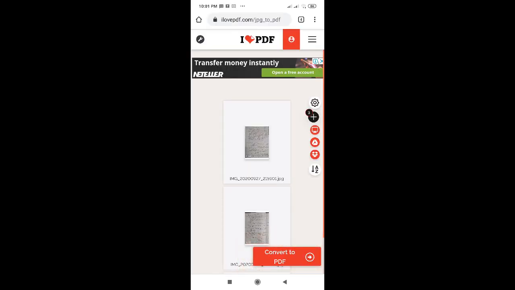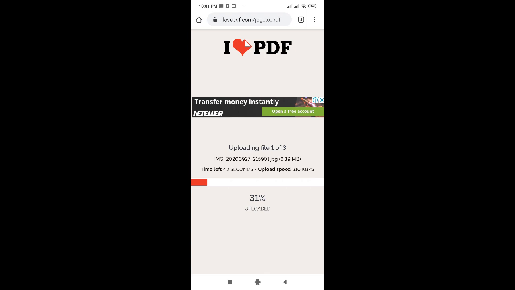Now these 3 files, 3 pages, are here. Then after this just tap on convert to PDF. This file is ready. We need this file, we are uploading this file in the Google Forms assignment. The teacher sends one Google form to you. At that time we need to attach this file at that location, at that question. So give a name to this file. Now this is complete. This is 78% uploaded.